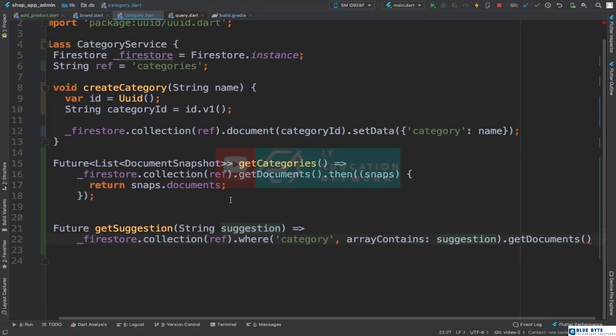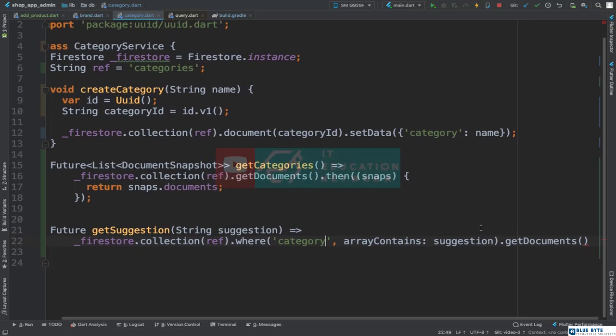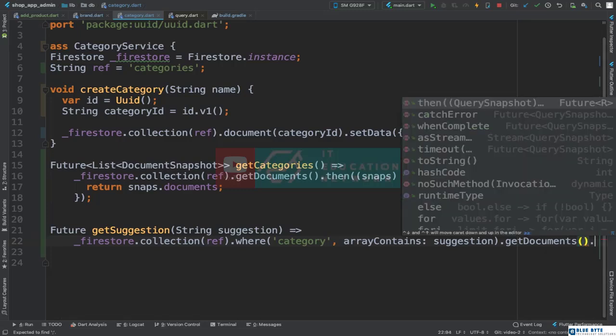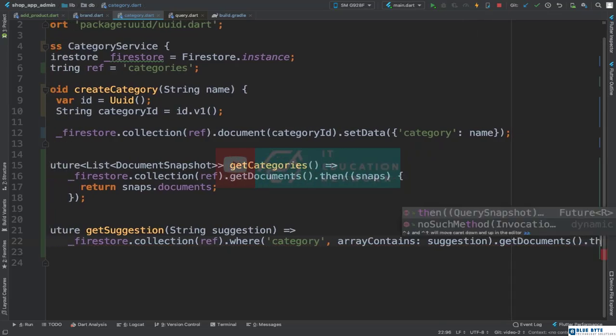Okay, so here we have future suggestions. We want to do what? String suggestions. We are going to get suggestion, and we are going to return a collection on our categories, where the category, which is this, is where we're focused on, and we might want to make sure that here this category contains our suggestion. Get documents, and again, then after we get the documents,